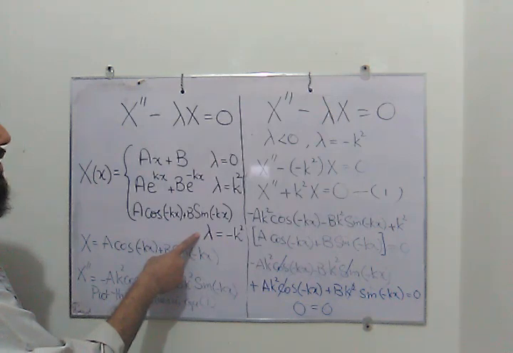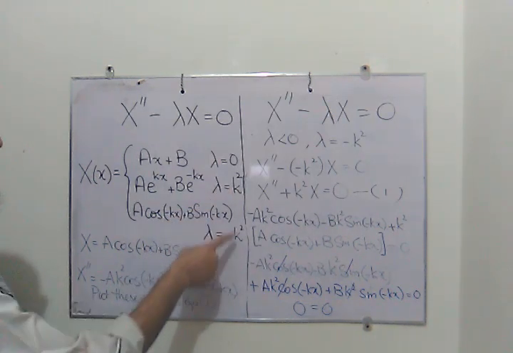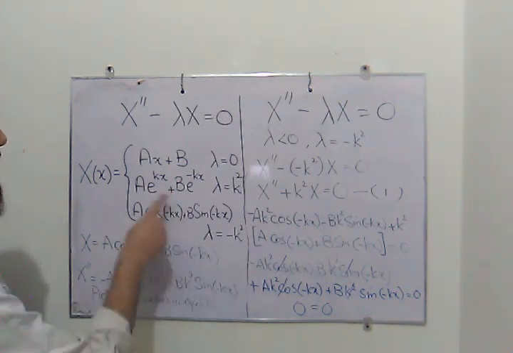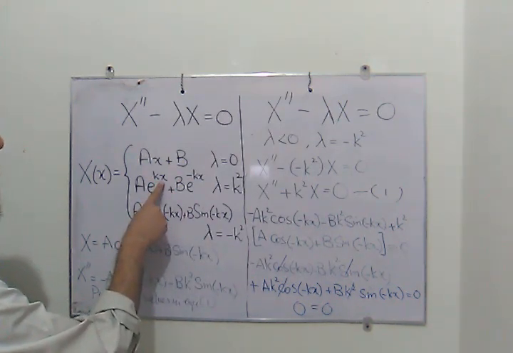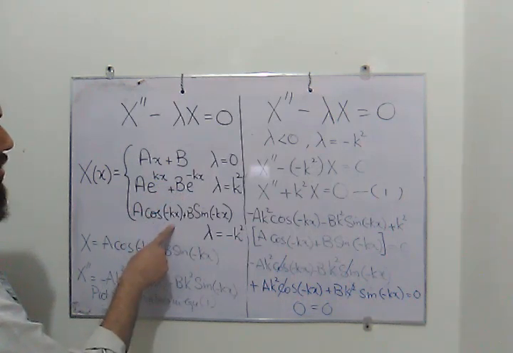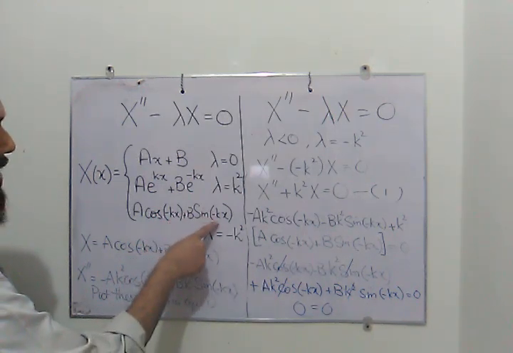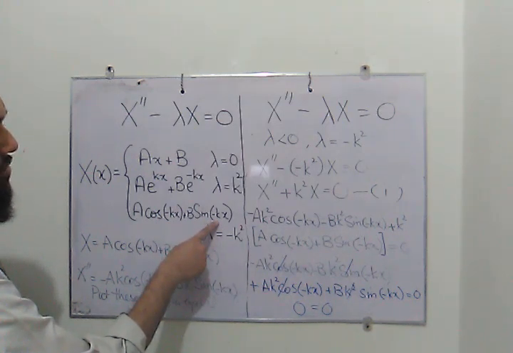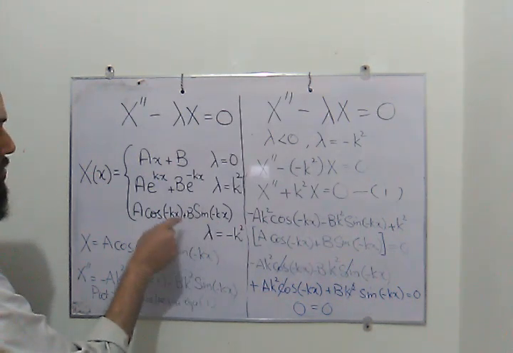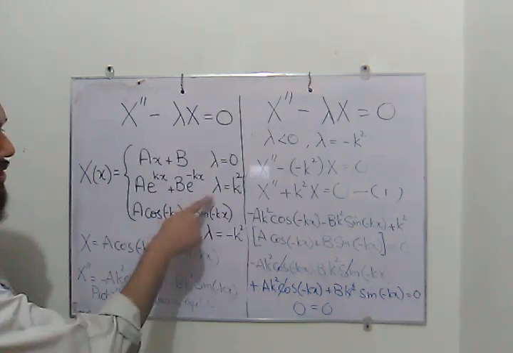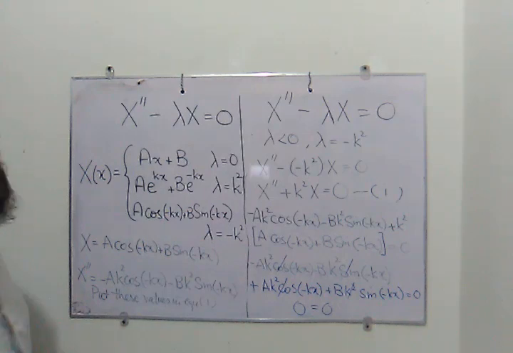The reason we have chosen lambda is equal to k square or lambda is equal to minus k square is that we want to avoid the situation where we have square root with the x term in the exponential sign or in the cos and sine, because here we will have the negative square root of minus lambda, and here we again have the minus square root of lambda, and we don't want the square root of lambda with the cos and sine. So we substitute lambda is equal to k square and lambda is equal to minus k square.